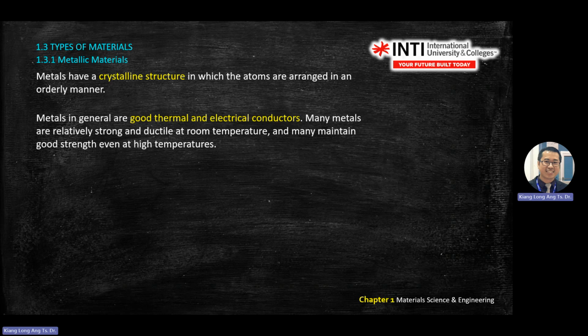Okay, so the word crystalline, you will see this word appear in the question: mention crystalline something, draw crystalline something, or what's something related to crystalline. Crystalline structure means the atoms are arranged in an orderly manner. When they are arranged in an orderly manner, it means the pattern is repeating, which means you don't need to draw the whole object. For example, metal. You study about iron, right? You don't need to draw the